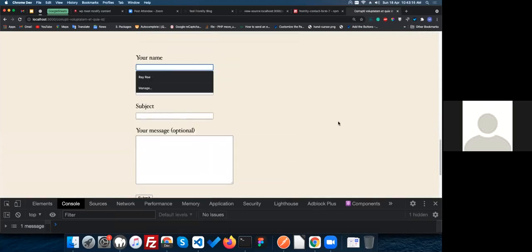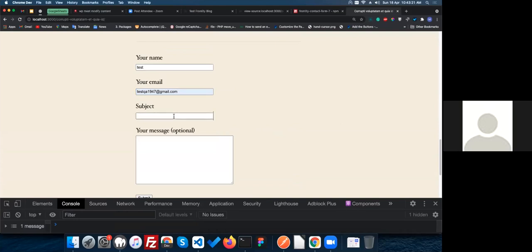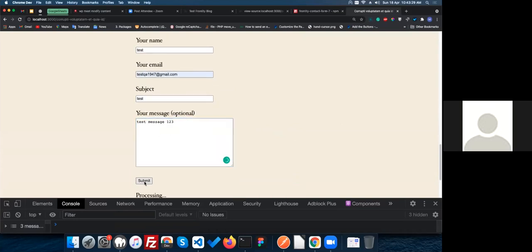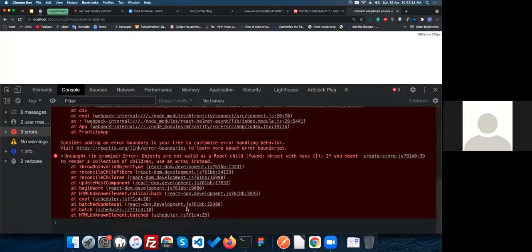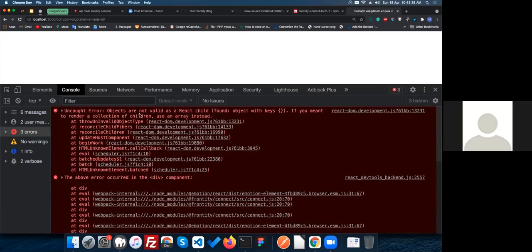So now I'm going to submit this form, which is paste, and for the email field just submit here. Yeah, subject paste, message 1, 2, 3, and just submitting it. As you can see, after successfully submitting, we are also getting 3 new errors in our form package.